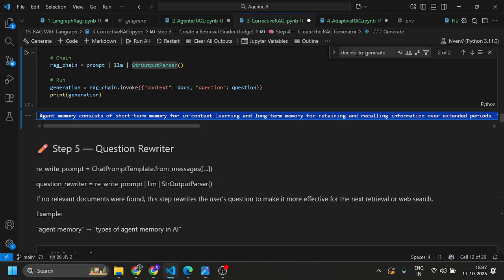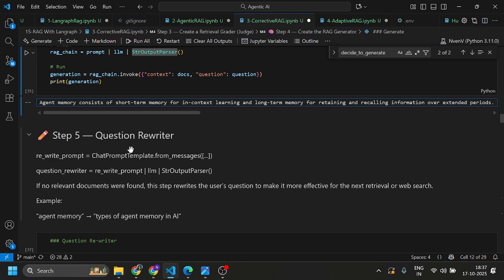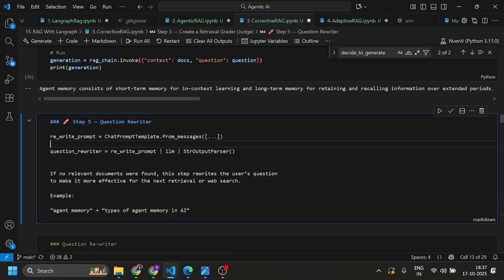Okay, so it will give you this one answer: agent memory consists of short term memory. Now, if the question is not relevant, then it will rewrite the query. So here, in rewrite the query,